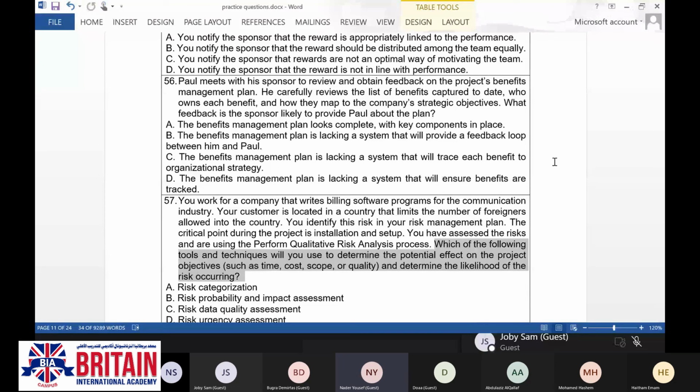Risk categorization, risk probability and impact assessment, risk data quality assessment, risk urgency assessment.